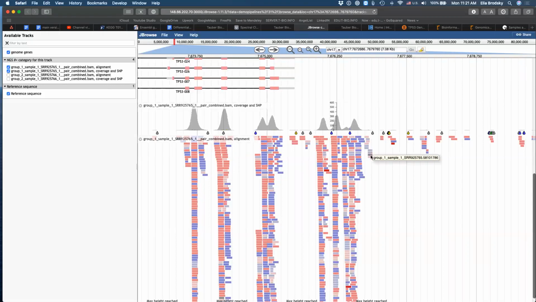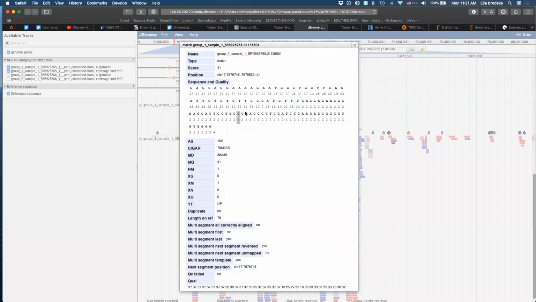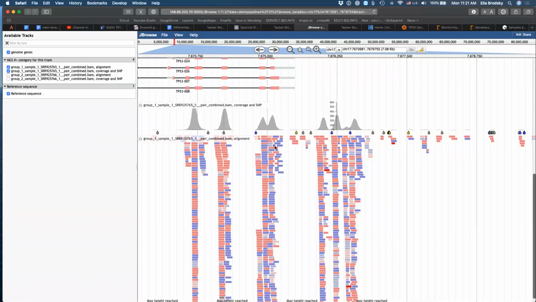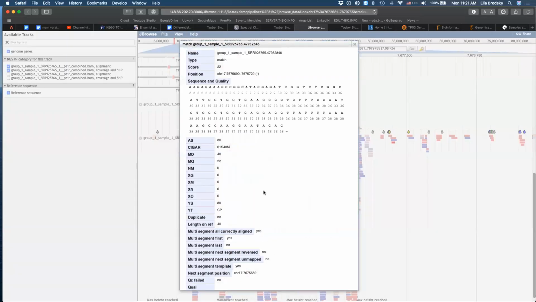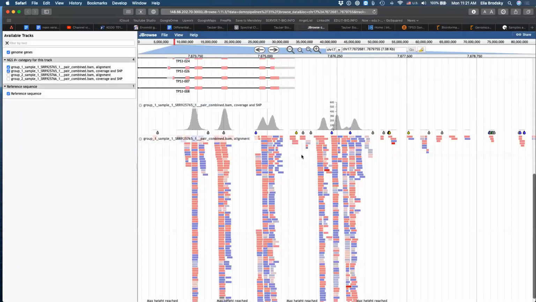So if you click on these, well, actually, okay. So here you can see some of them have a lower score. And you will also see that some of them will not have a matching paired end or are very short, like this, a fragment, right? So you can see, for example, this is 40, so about half of the normal size. So one of the challenges in alignment is not only finding the exact position of a read, but also analyzing how those reads match up to each other